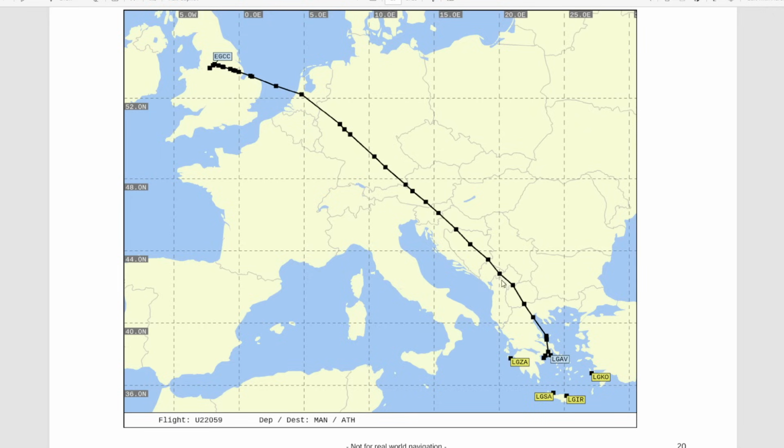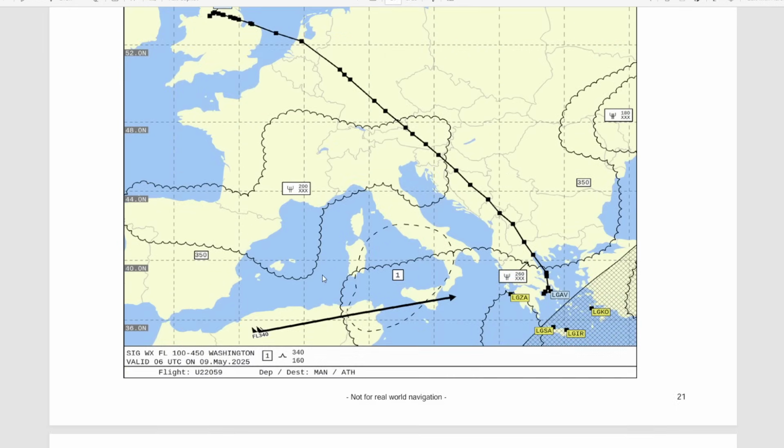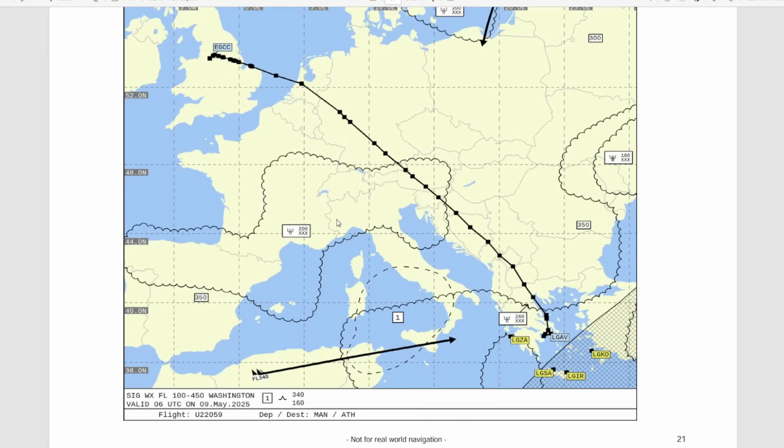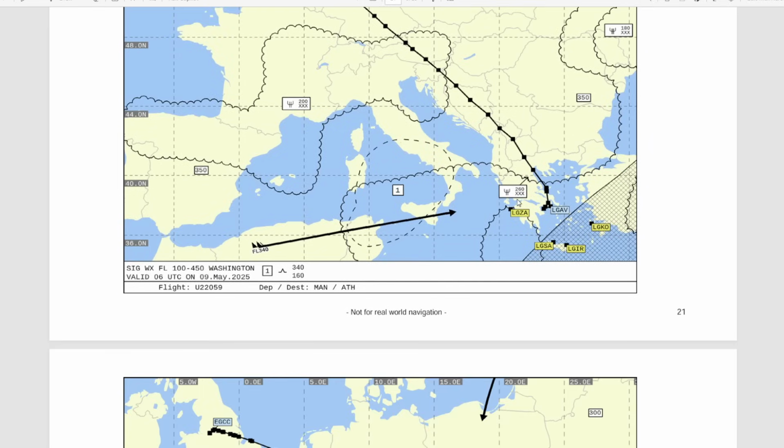So we've got the flight route, and then we've got the low-level weather. Now here we've got some icing up to 20,000 feet. However, by this time, we're going to be at 39,000 feet, so that's not going to be a problem. By the time we get down here though, there is a section of icing which looks like it may interfere